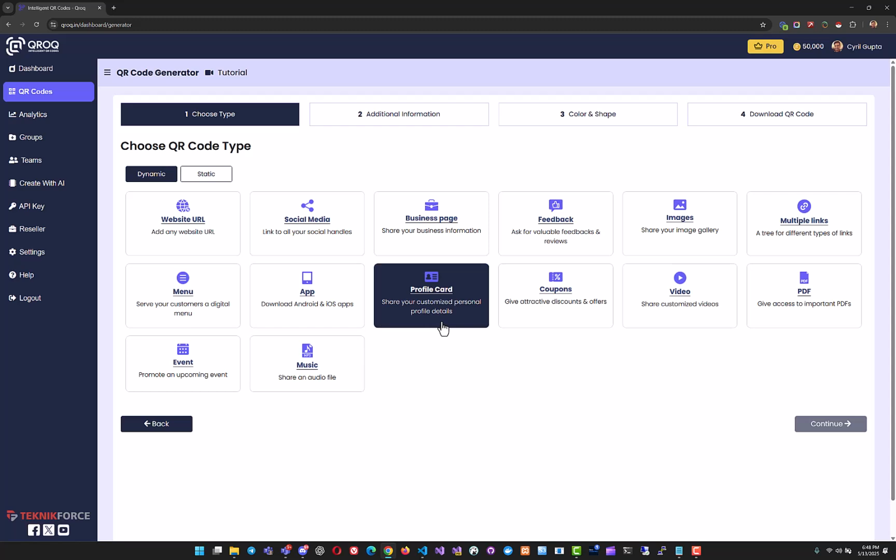You can have your profile card. It's like a business card, but then it's a profile which people can visit. So if you're a consultant, you can have your entire profile on a QR. Imagine printing that on your business card and having people discover much more details about you by just scanning it